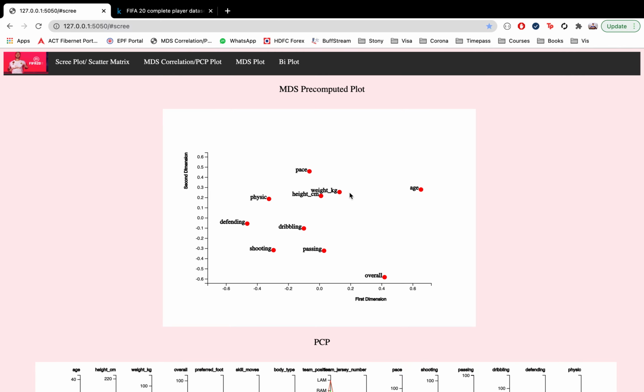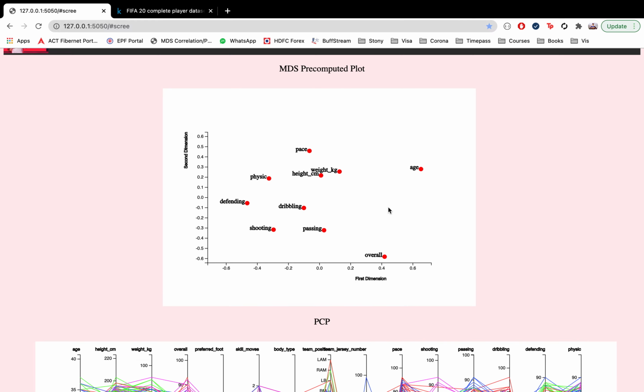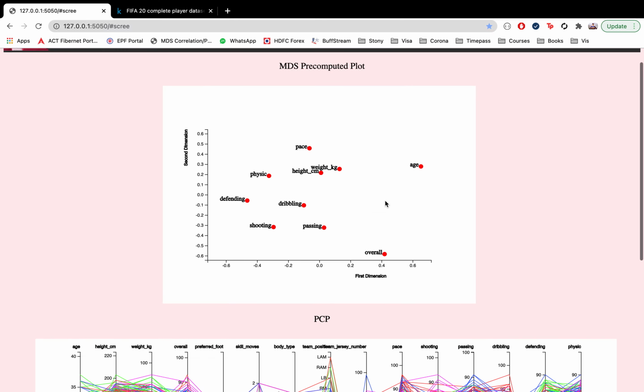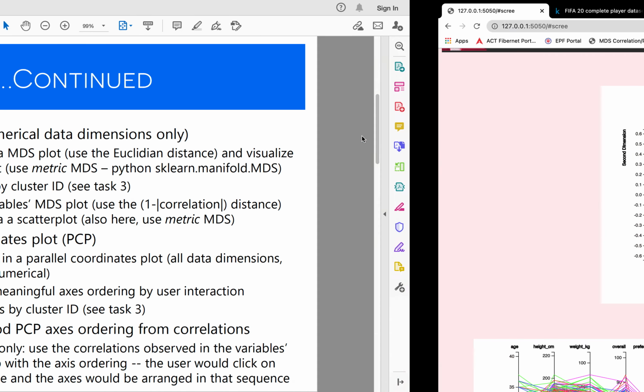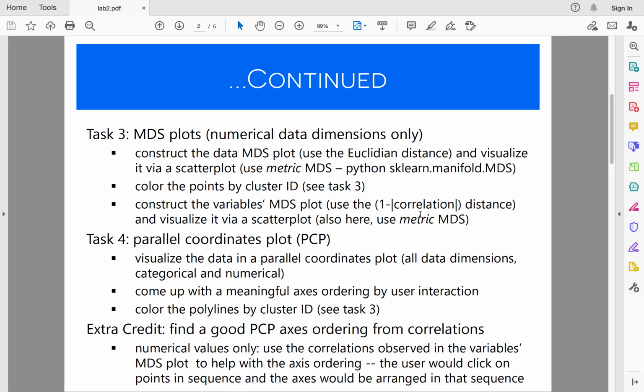This is the whole set of 10 numerical variables. Here you can see how correlated each feature is with the others. This is the whole point of the one minus correlation distance: using this MDS plot, we can see how correlated each feature is with the others.